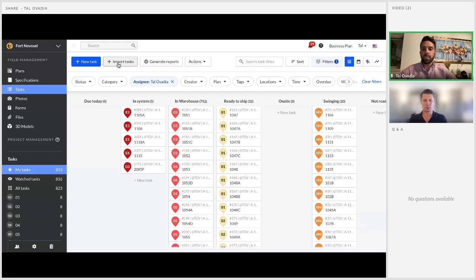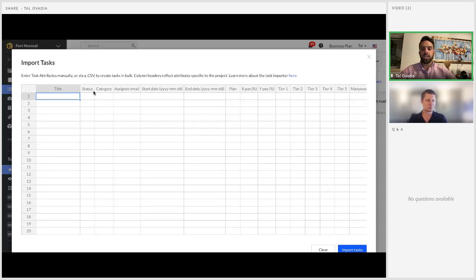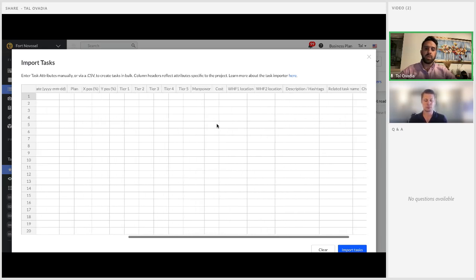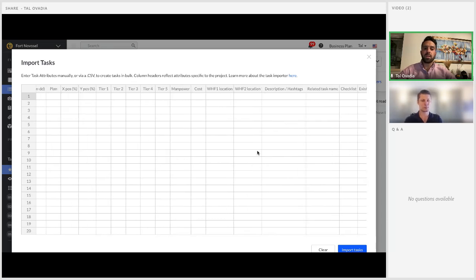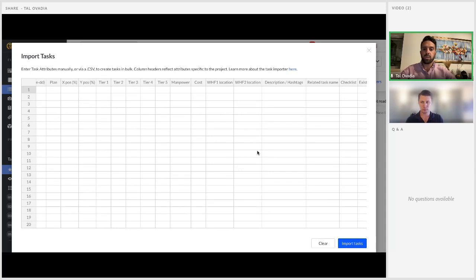And what we're doing is using this import task here, which can, I believe, do up to 500 rows at a time. And we line up our data that we want with the different columns here that Fieldwire has. And it's really just a simple copy paste. So we do it a column at a time. And we just copy paste up to 500 tasks in here. So for this project, 822 tasks, we would have done this twice, but it's really 10, 12 clicks and the whole project is set up.